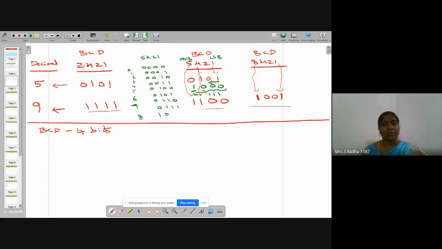8 means 1, how do I have to take 8? These are position values. Okay, up to 7 it is okay, but 8 differs. You see 1011 is 8. 9 means what you have to do, 1100 is 9. This is 5421 for decimal 0 to 9. You see here I have followed a logic, ascending order logic. I have started filling from LSB to MSB.